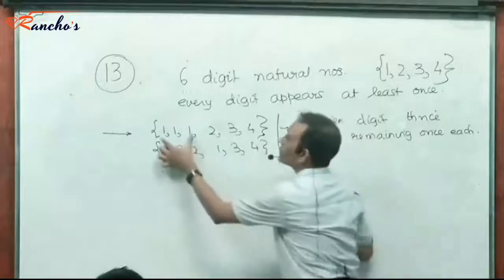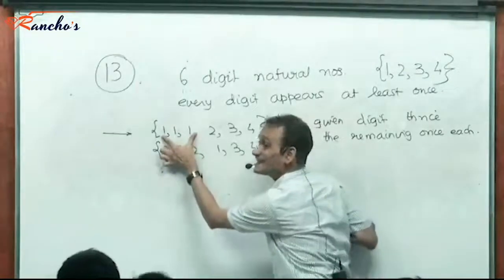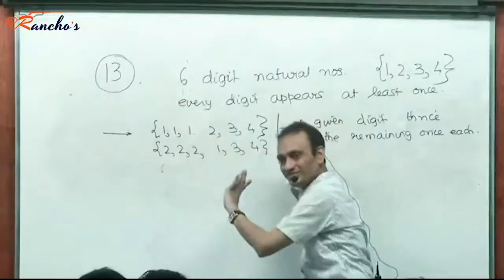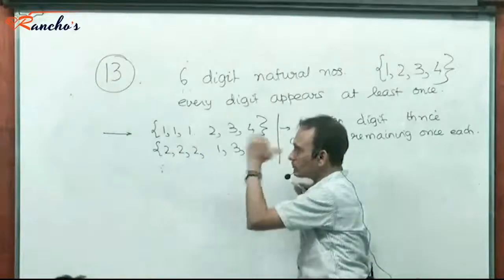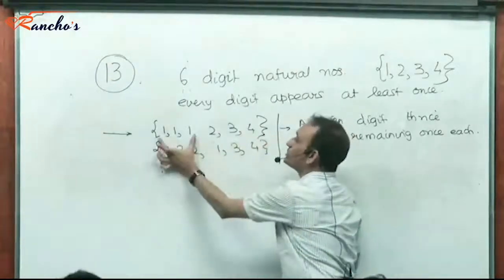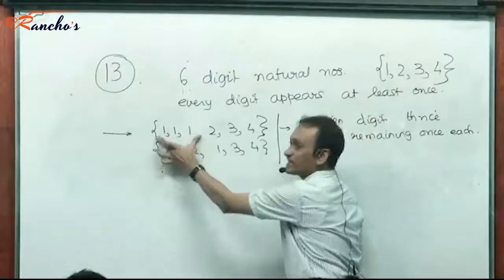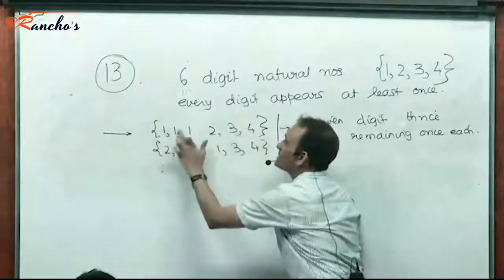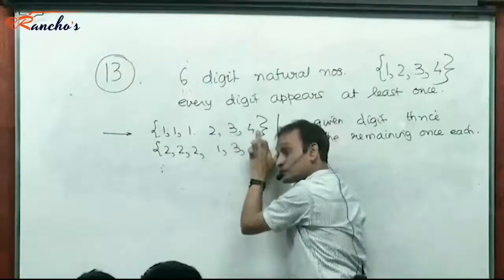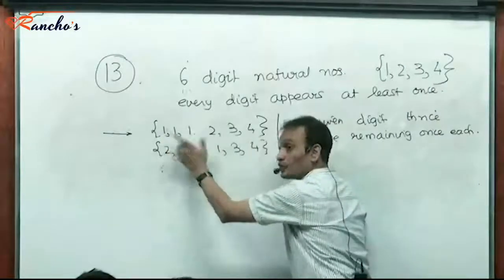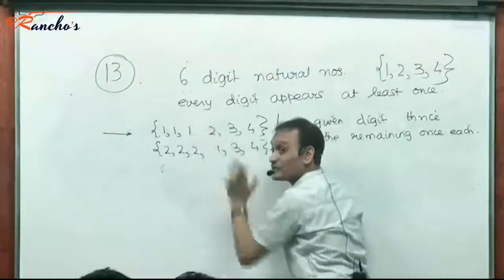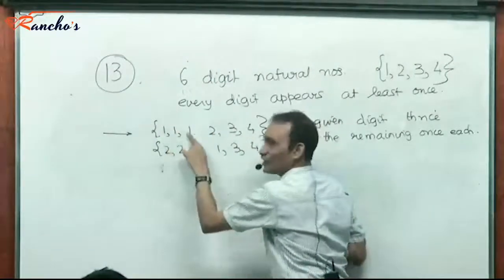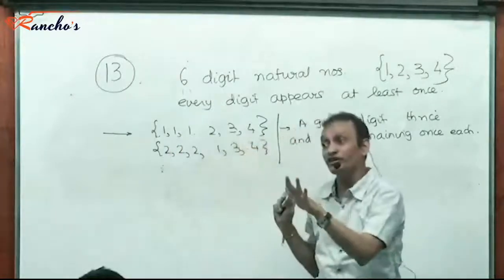Now, first of all, the digit that would be selected 3 times. First of all, I'll select the digits and then permute them to create numbers. You know what I'm saying? So say just this case. How many numbers can I create out of just this case? How many are these? 6. So I have to permute them in 6 spaces. But this is permutation of 6 things in which 3 are alike and of one kind and the remaining 3 different. Yes or no?